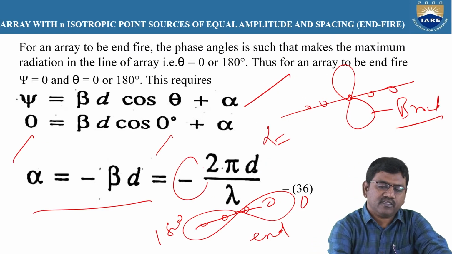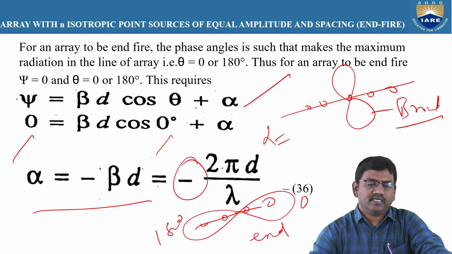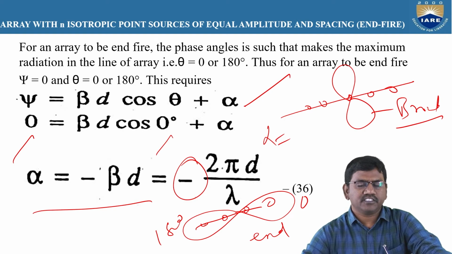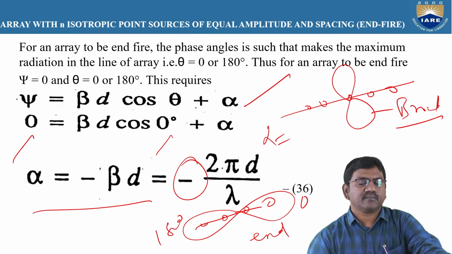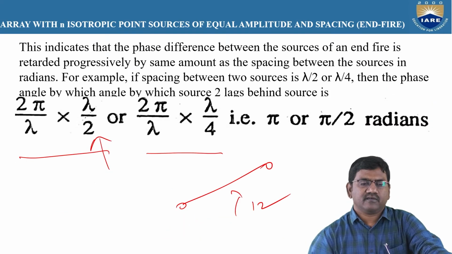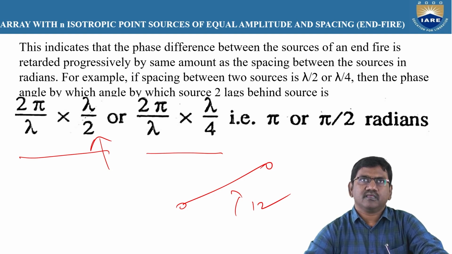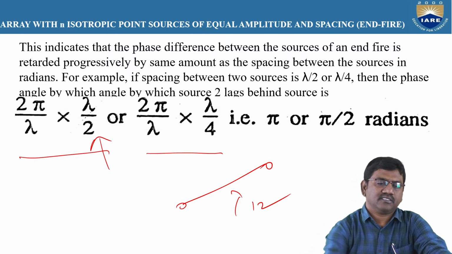Hence, we got the minus value here, right? So alpha, the phase shift, we are getting as a minus value here. This minus value indicates that there is a retardation of the progressive phase shift by the same amount as the spacing between the sources in radians. If the spacing between the two sources is lambda by 2 or lambda by 4, then the phase angle by which source 2 lags behind source 1 is this,